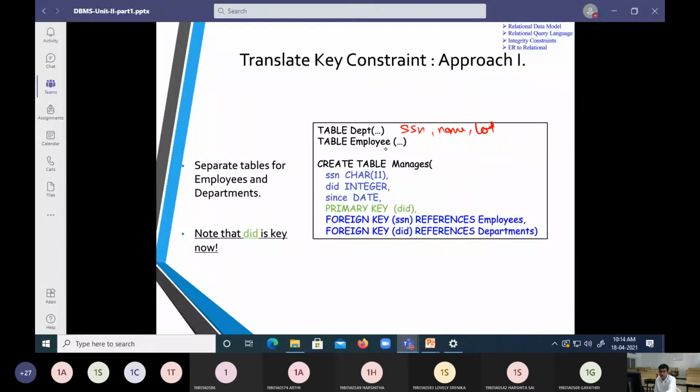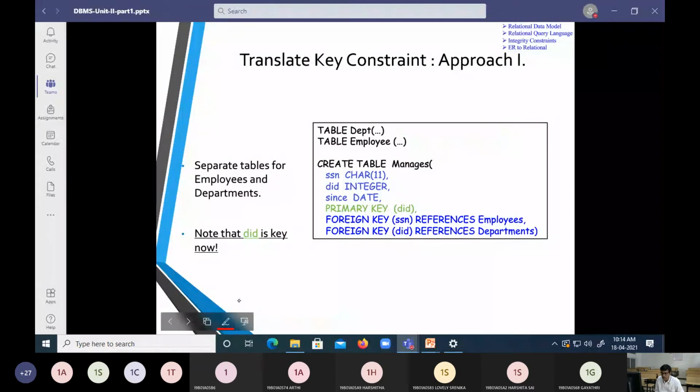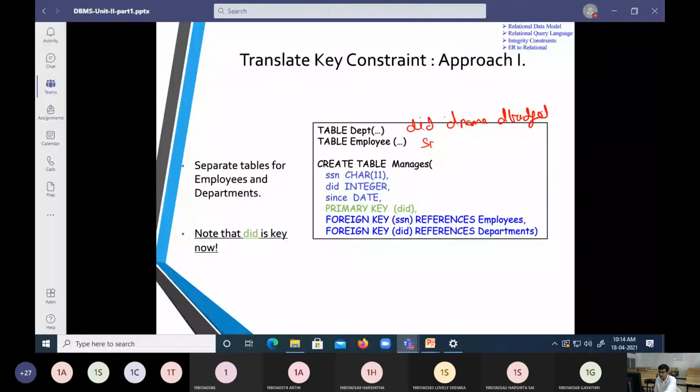In the department table, we have department ID, department name, and department budget. Next one, we are going to have employees: the SSN of an employee, followed by employee name, followed by lot. So this is table 1 and table 2. Department ID is going to be the primary key, and SSN is going to be the primary key.